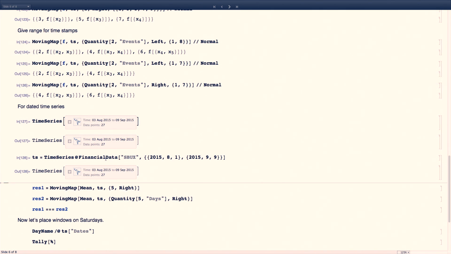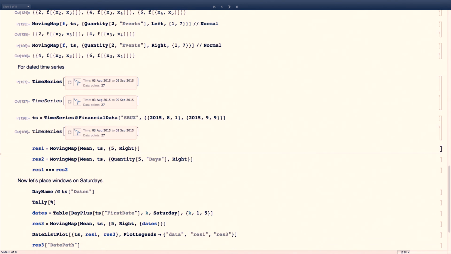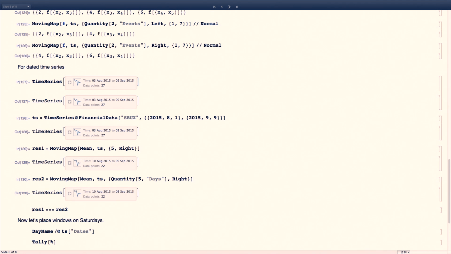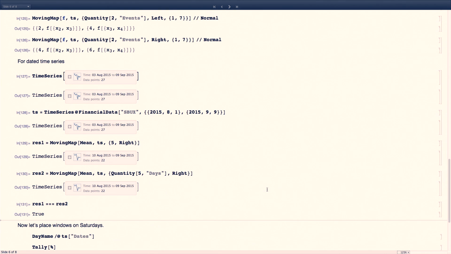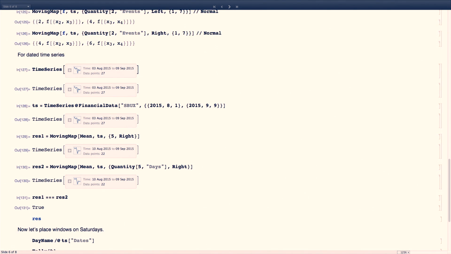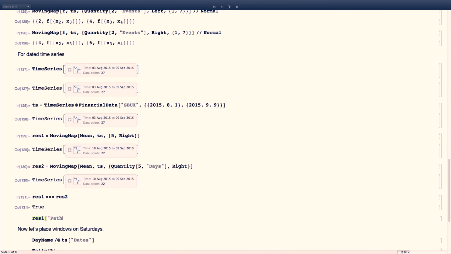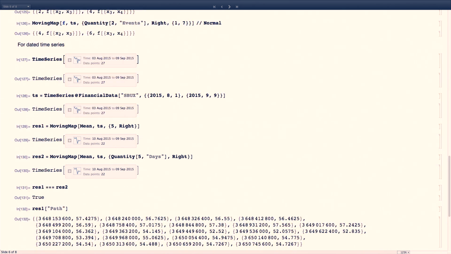But this is the financial data of Starbucks, and looking at the moving map with the mean, and you see that maybe I should show you the path here. Okay, that's not good, right? Because we cannot really say what it is. But what we can now do is the date path,